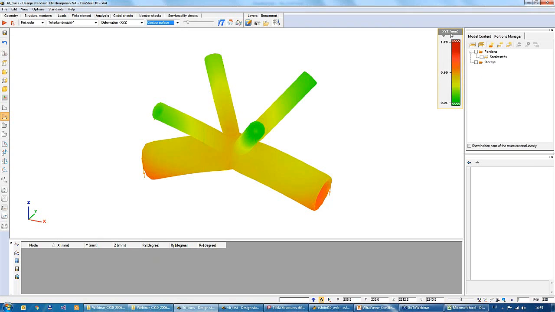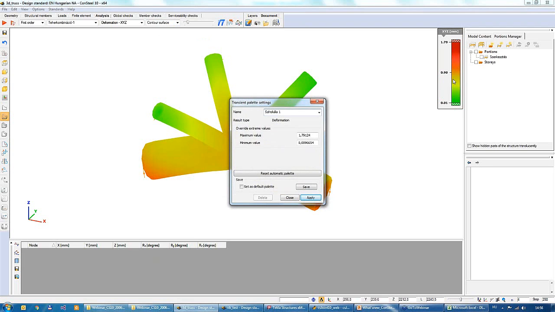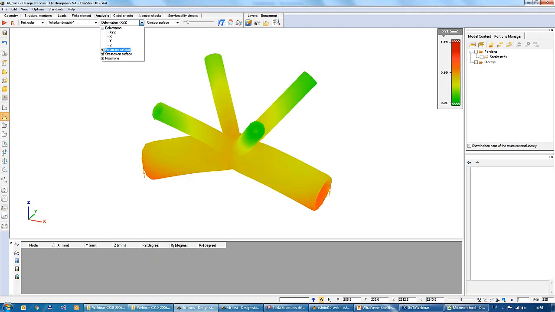So in ConSteel 10, the color legend visualization was improved. Some new developments for the normal contour surface visualization: if you click with the right mouse button on the color legend, we can modify the maximum and the minimum values which come from the model, if it's necessary. So, for example, if I go to the